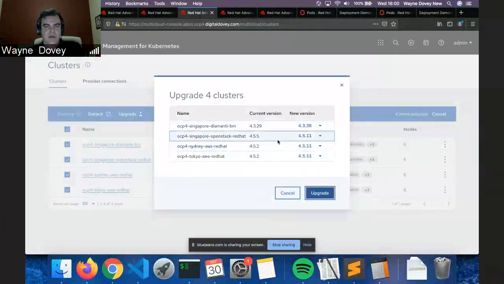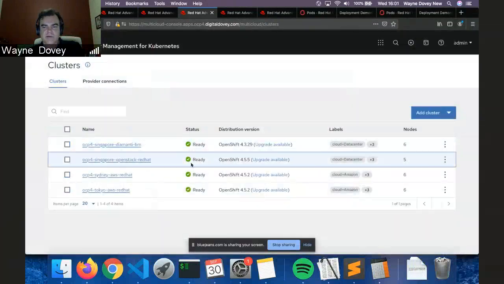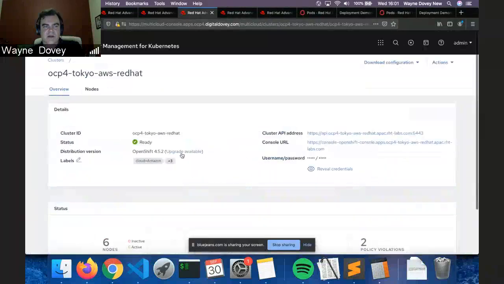So that's automatically figured out by using the Cincinnati upgrade path feature from OpenShift. So that really simplifies the actual management and the upgrade decisions. And then, of course, I can just go ahead and click the upgrade, and it'll go away and do the upgrade piece.